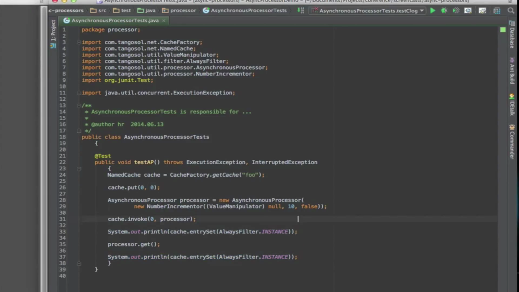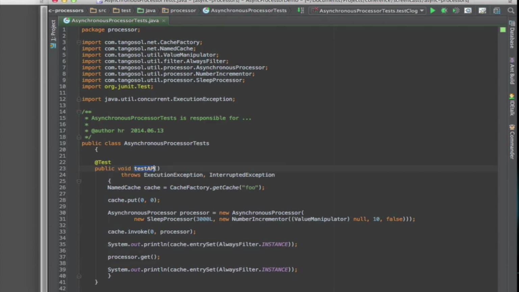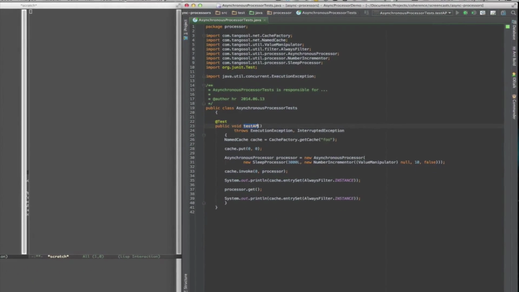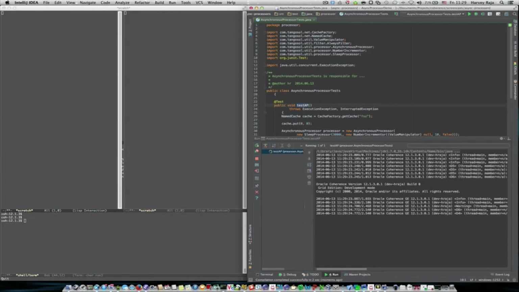Now the problem is that because this is a single client, this operation is actually going to be executed very quickly. So we need to introduce an artificial delay, and in comes our sleep processor. So let's sleep for a few seconds, and once we finish sleeping, then we'll do the number increment. Okay, which will allow us to observe that this thread is not blocked while doing this invocation. So let's go off and run this test AP,